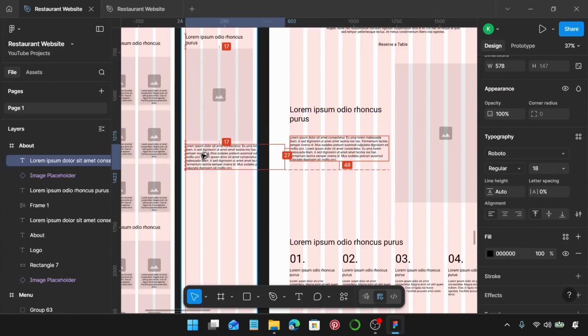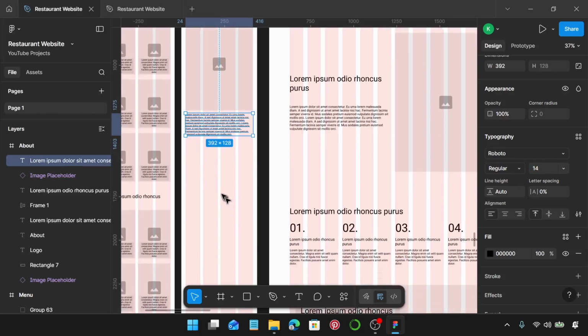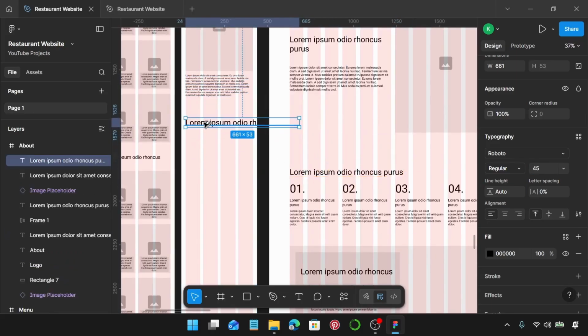I'm going to grab this text, bring it into this other frame, and reduce the width. Let's change the size of the text to 14. Next up is this one. Once again, change the size of the text to 28,